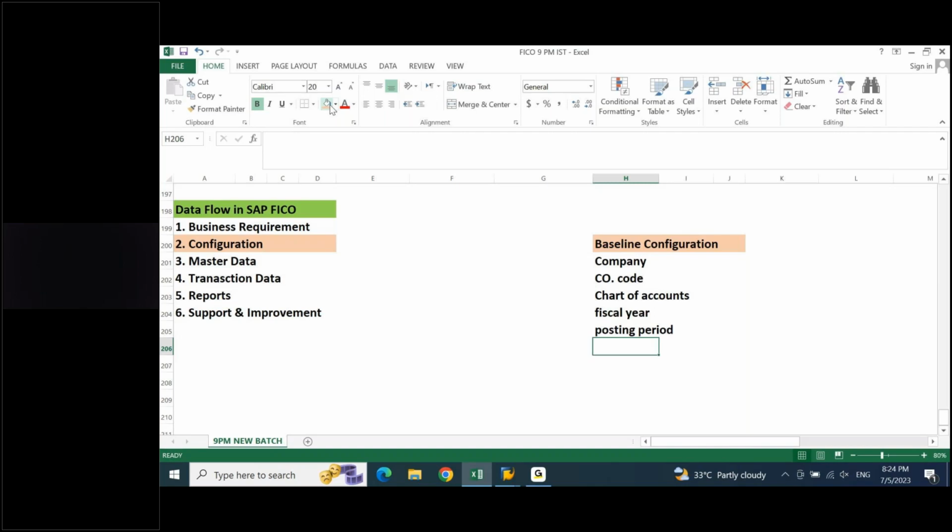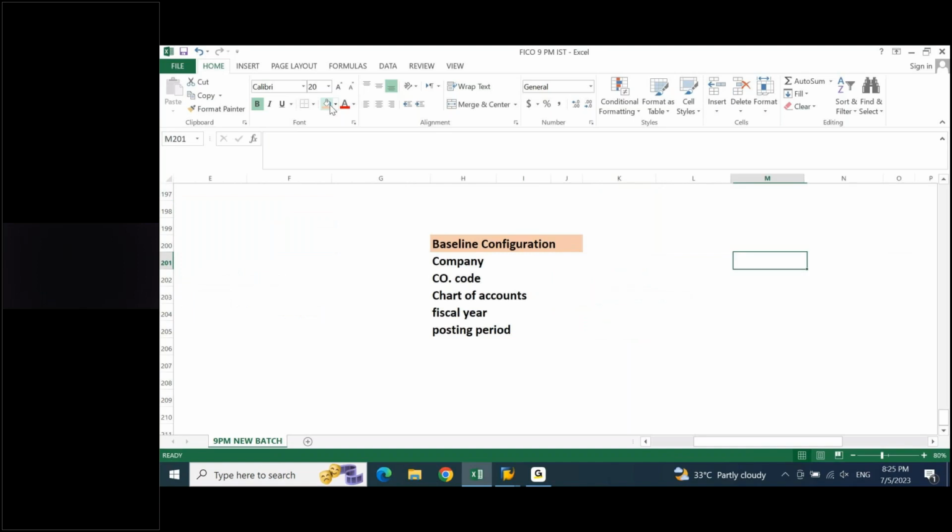When we create a company, I'm talking about general practice. Let's say I am teaching you SAP FICO and I taught you how to create a company. It is very easy. Within 5 minutes, I'm able to create a company. I will follow the same steps and create 5 companies. I feel that I understood how to create a company.